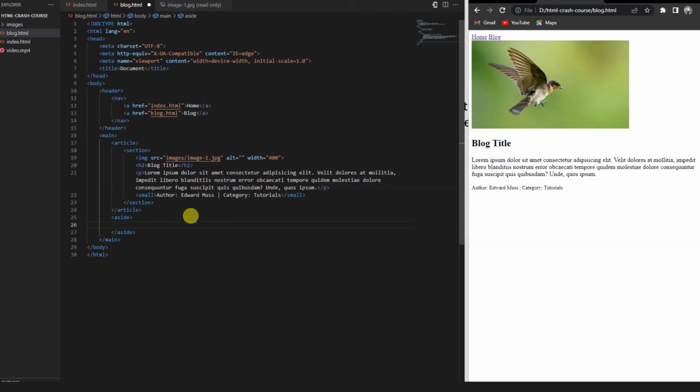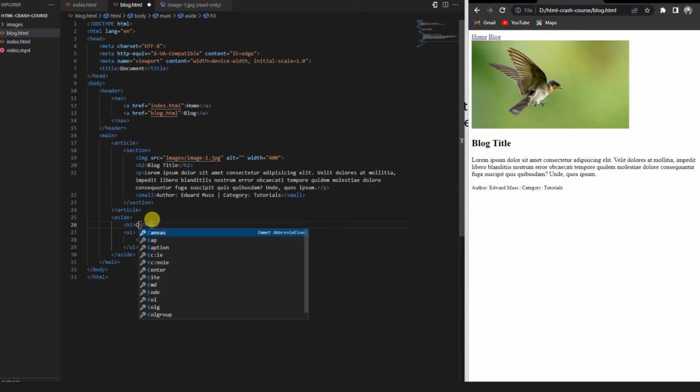So let's just create an ordered list here with list items, or you can just place a title at the top here. So h3, say categories,